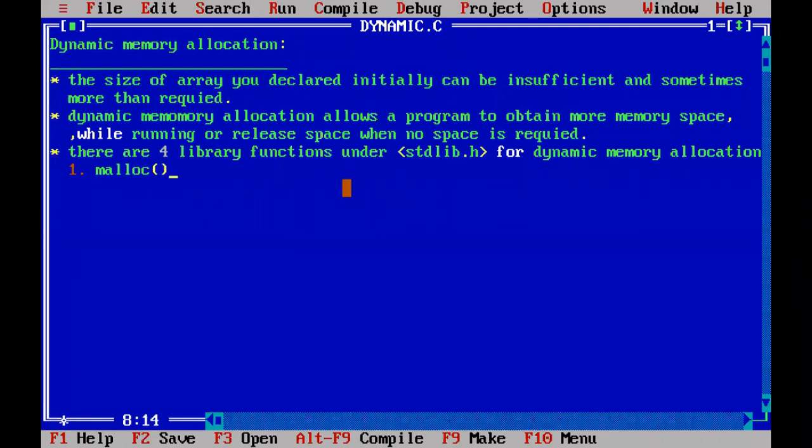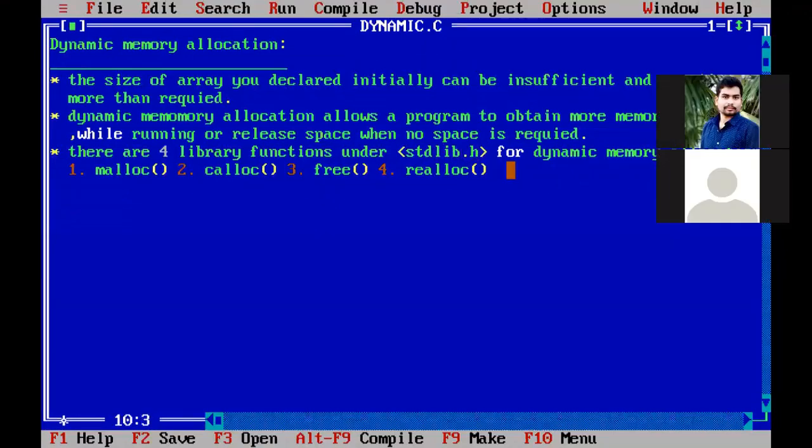The second one is the calloc function. The third one is the free function, and the fourth one is the realloc function. These four functions we use for allocating the memory dynamically. Dynamic means when the program is running. So dynamic memory allocation is possible if you use malloc, calloc, free and realloc, which are present in stdlib.h.